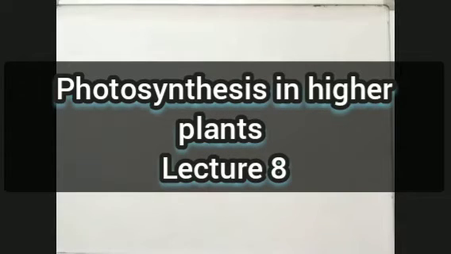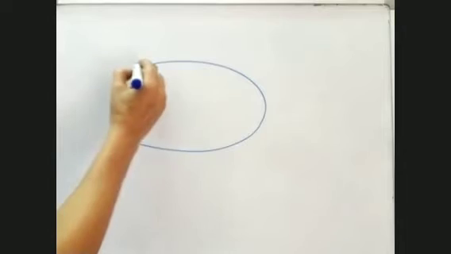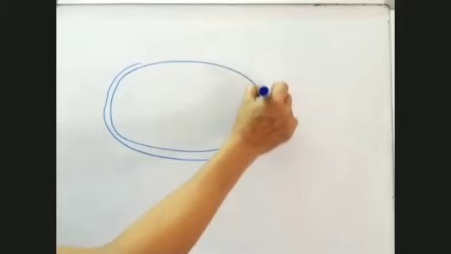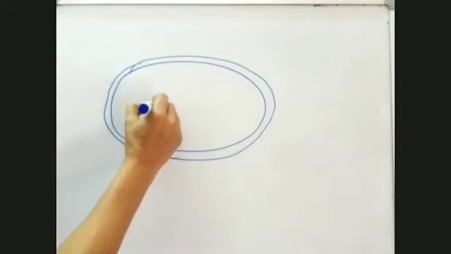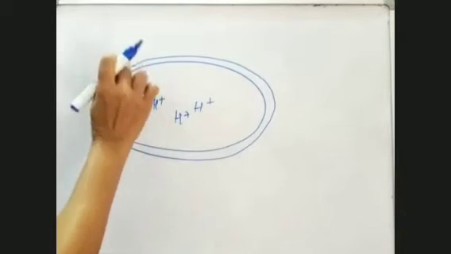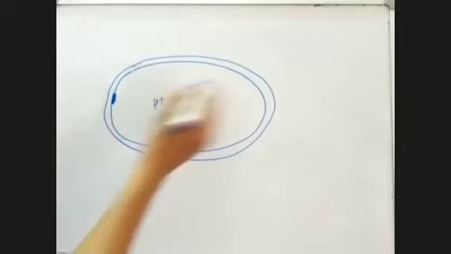So yesterday we were doing the chemiosmotic hypothesis, or the process of chemiosmosis, in which I told you how the concentration, or the number, of hydrogen ions is increased inside the thylakoid. If this is the thylakoid, I'm just making a rough sketch today because yesterday I made a complete sketch. If this is the thylakoid, outer membrane and inner membrane, this is how the concentration of hydrogen is increased inside the lumen of the thylakoid. And in that I told you the complex for photolysis is located here.